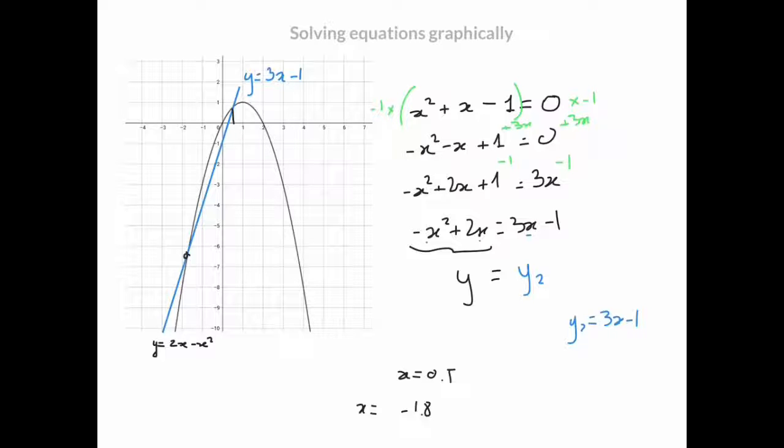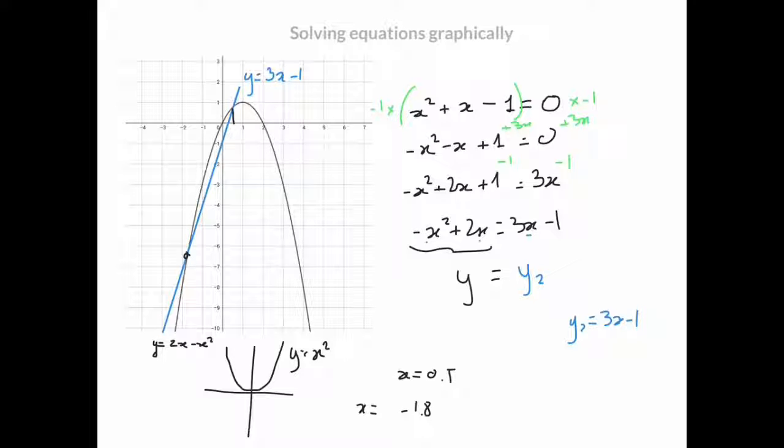Well, I hope again that this has been clear enough. If you want to extend this idea, actually, you could see that all you need to solve graphically any quadratic equation is the graph of y is equal to x squared, which is pretty simple, which is like the parabola you all know. And following steps like the one we did right here, you could turn any quadratic equation into